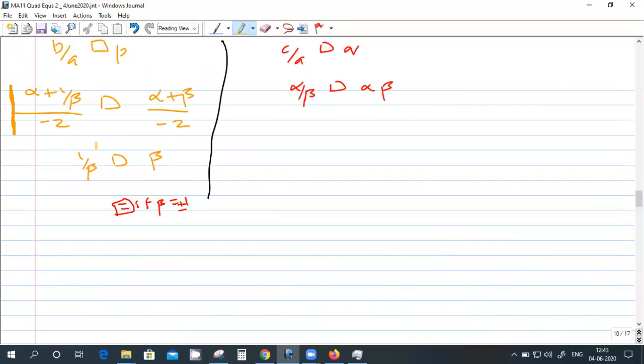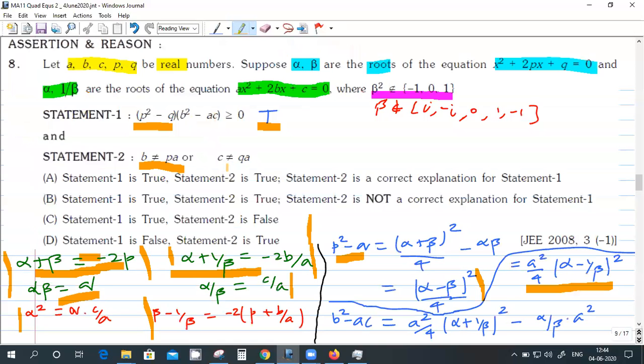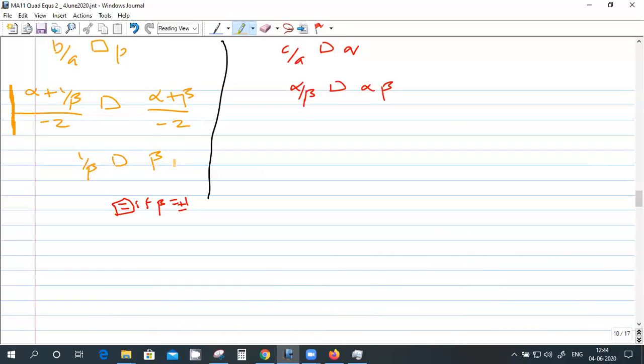Okay. So alpha I can cancel. I'm just trying to look for the equality sign so I can cancel -1 on both the sides, because with inequality the inequality will reverse. I'm looking for equality because here it's equal or unequal, right? So I can cancel -2, I can cancel alpha. So I have to compare 1 by beta and beta. Okay, so this will be equal if beta is plus or minus 1. This basically means beta square equal to 1, right? So beta is plus or minus 1. Only when this is satisfied, this thing will be equal.